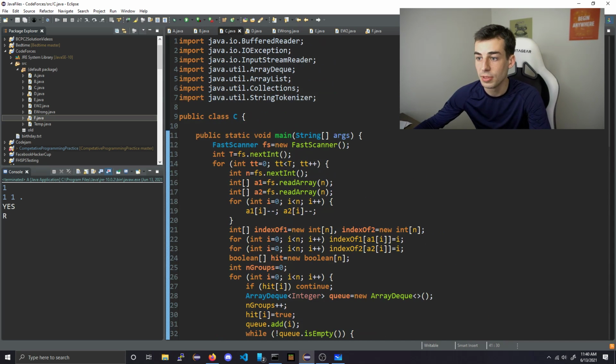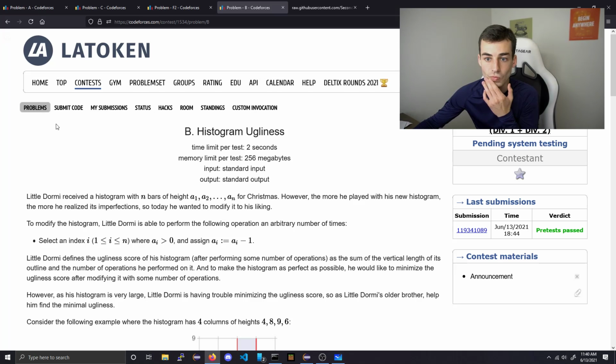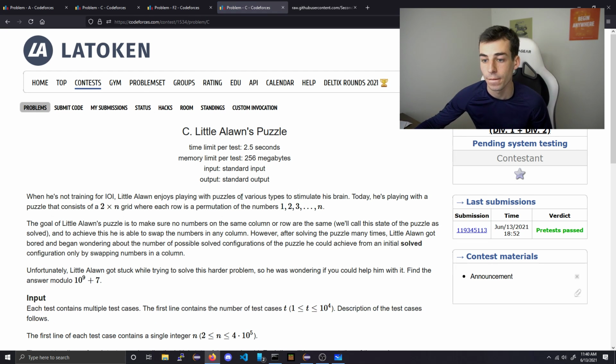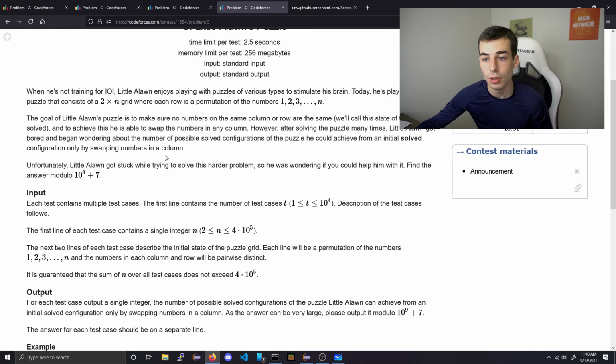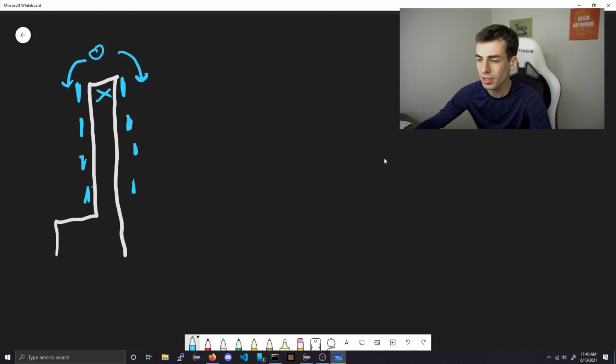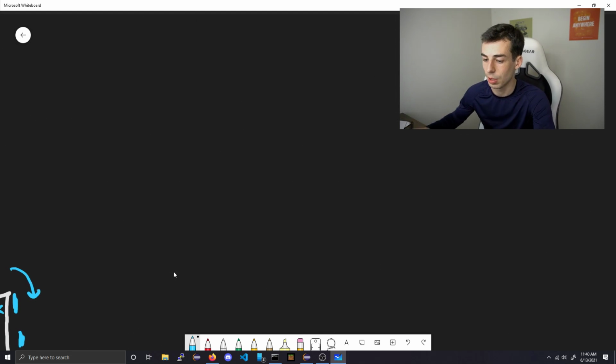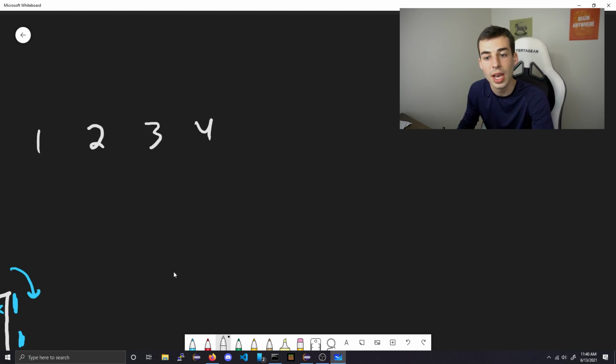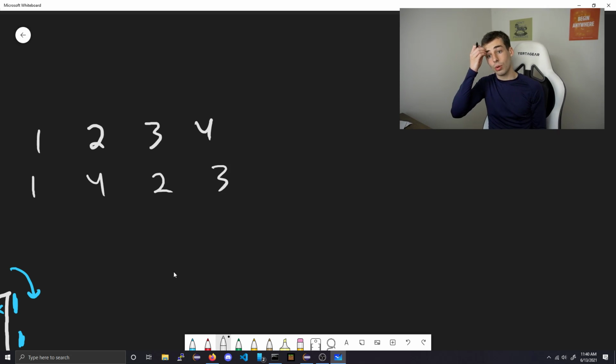All right, for problem C, you have 2 permutations. This is a problem that I think something like it has come up before. It's kind of a common idea. So you've got 2 permutations. Maybe the first one is 1, 2, 3, 4, and then the second one is 1, 4, 2, 3. So now the question is, you can flip,